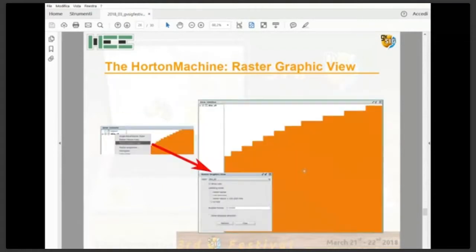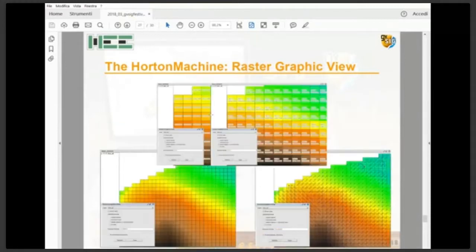As you can see here, just right click and select raster graphic view. You can select what you want to see from the raster graphic view, and then refresh. You will see all the information you need. So definitely rows and columns, the content of each cell, only the grids, and also the steepest flow direction between